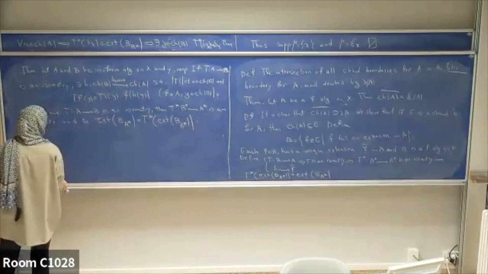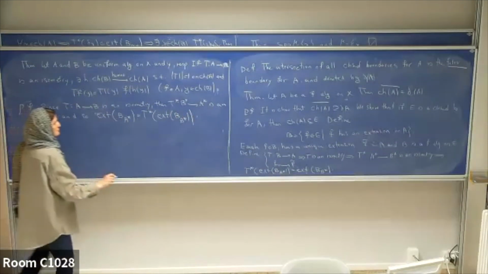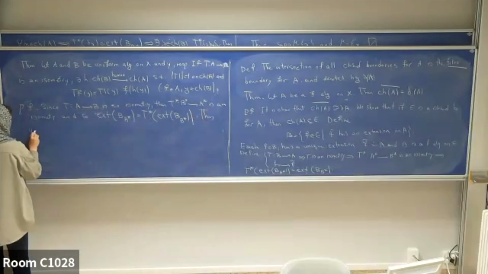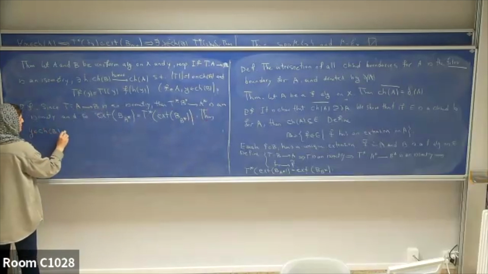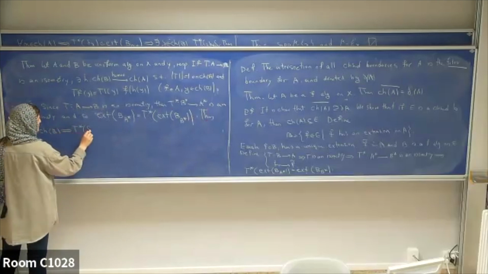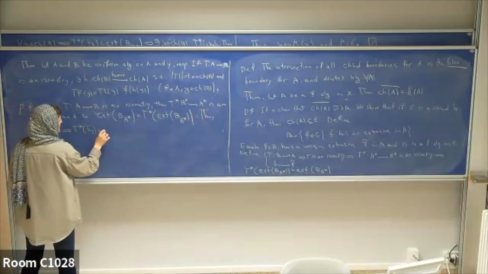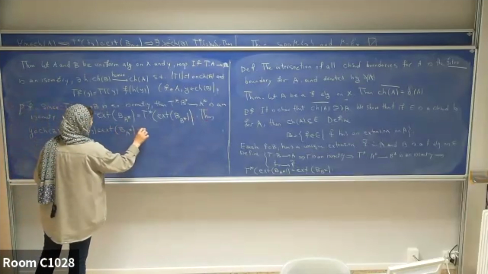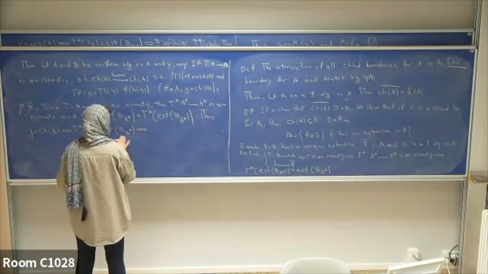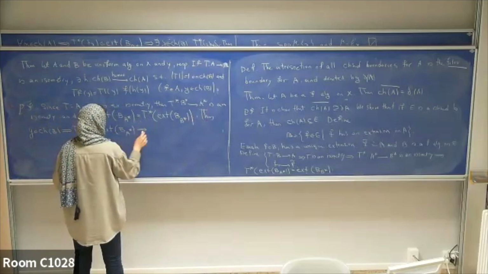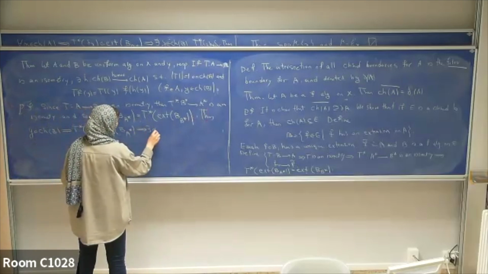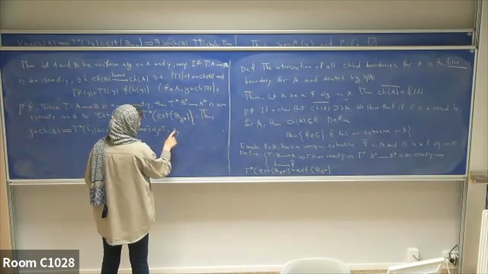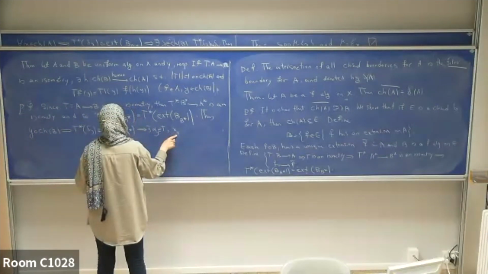Then for each y in the Choquet boundary of B, T star of delta y is an extreme point of the ball of A star. And so according to what we know about these elements, there exists alpha, maybe related to y, in T, and x may be dependent on y,